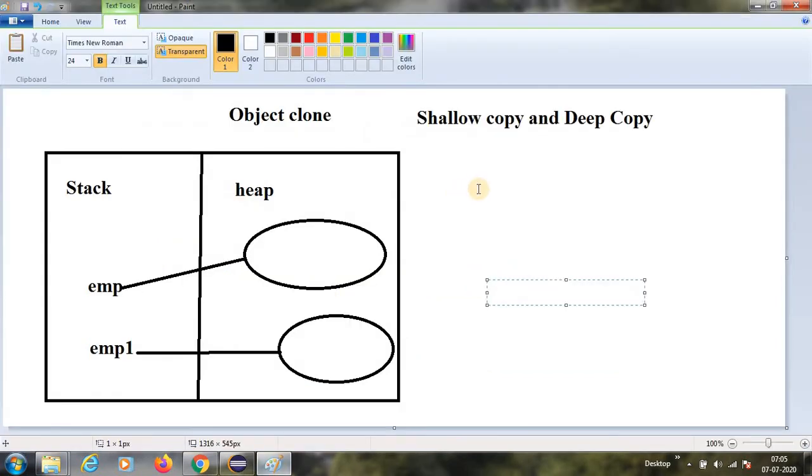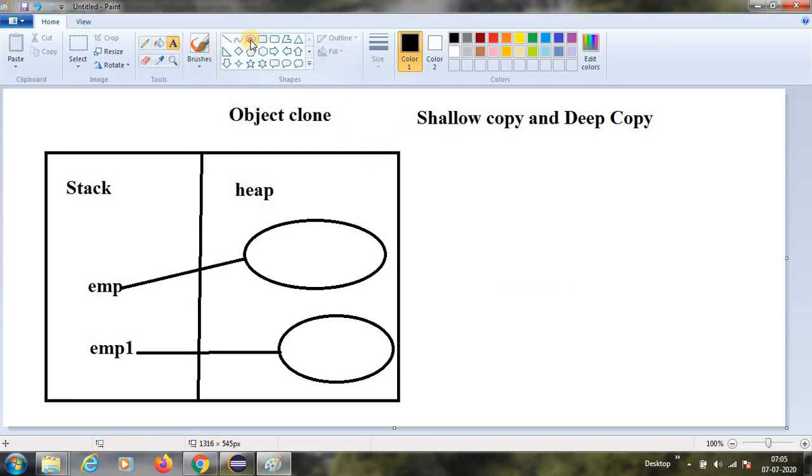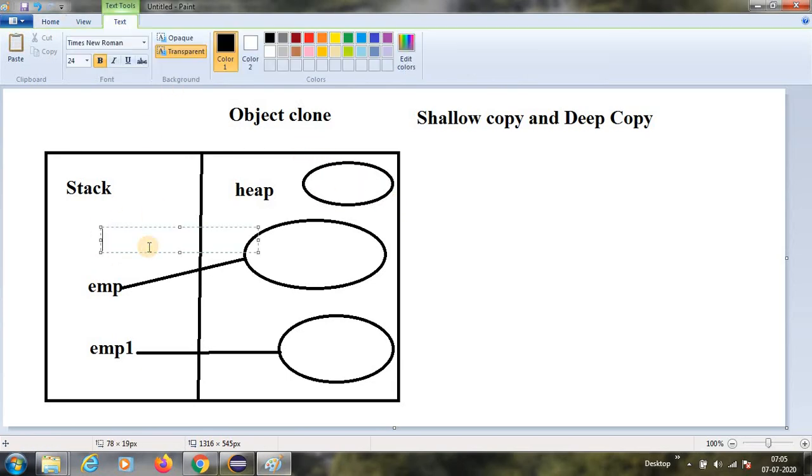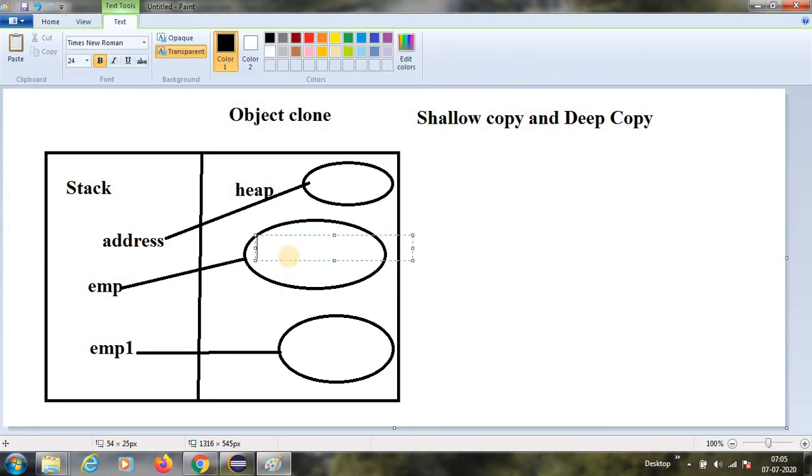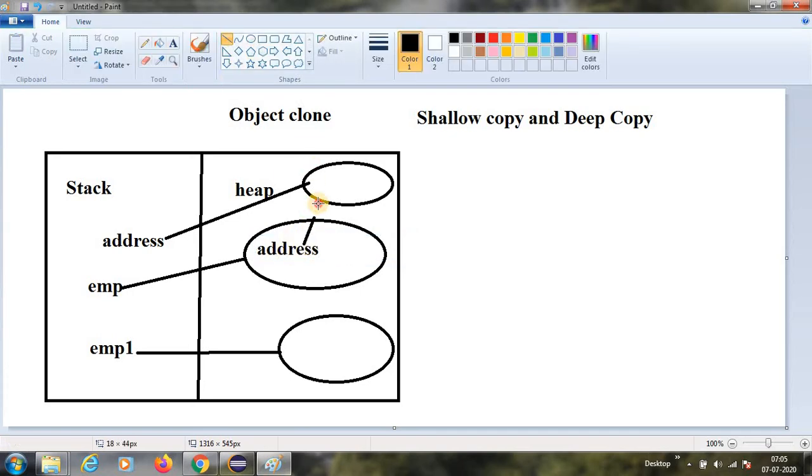So how it is working now is, we are creating one more object. What is that? The address object. So here it will be having the address, which is pointing to this. And EMP is having a property called address, so it will be pointing like this.